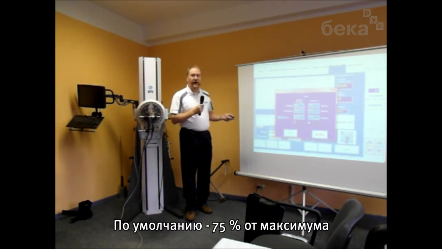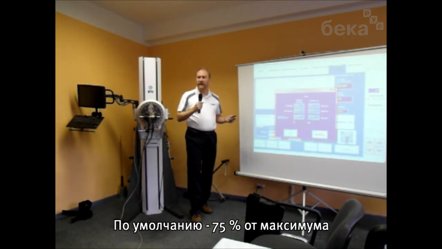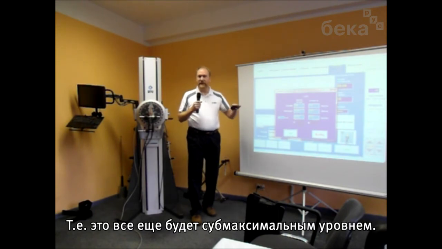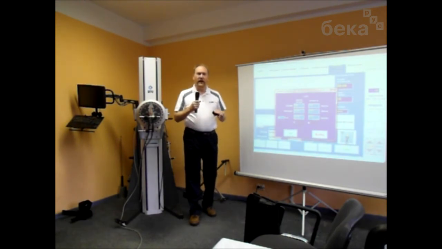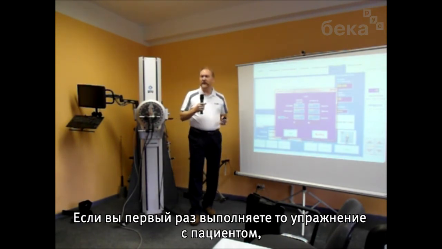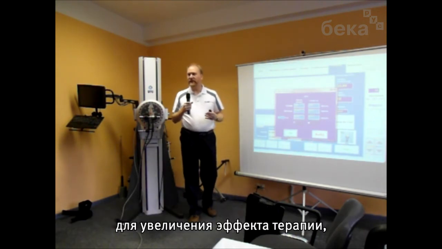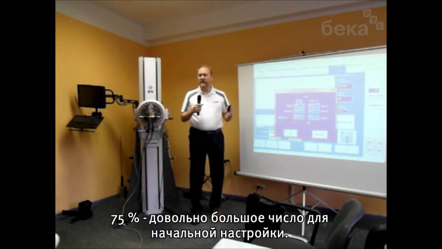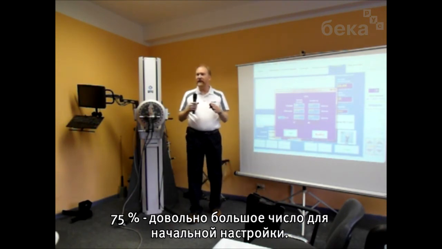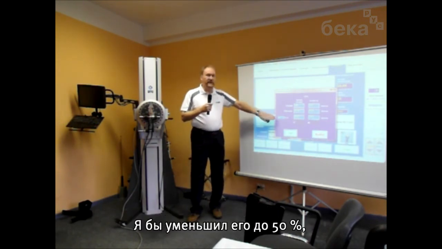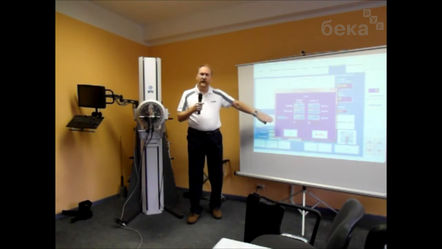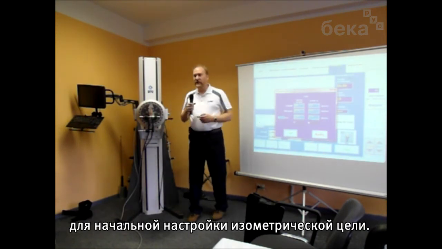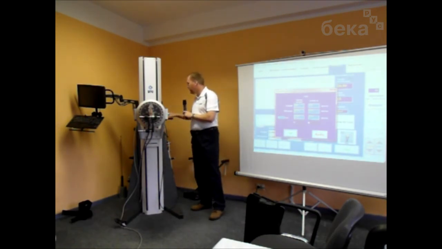The default value is 75% of maximum, so it's still going to be a sub-max level. If this is the first time you're doing this exercise with somebody, if they're very early on in treatment, 75% might be a little bit high for the initial setting. I would probably reduce it to 50% for the initial isometric target. So I'm going to change that to 50%,